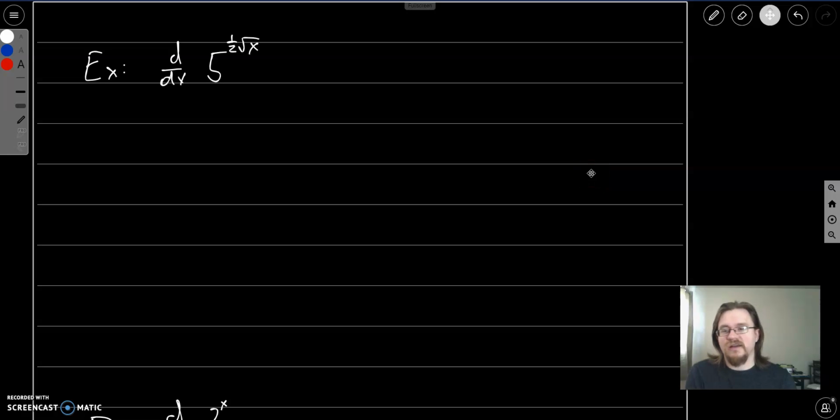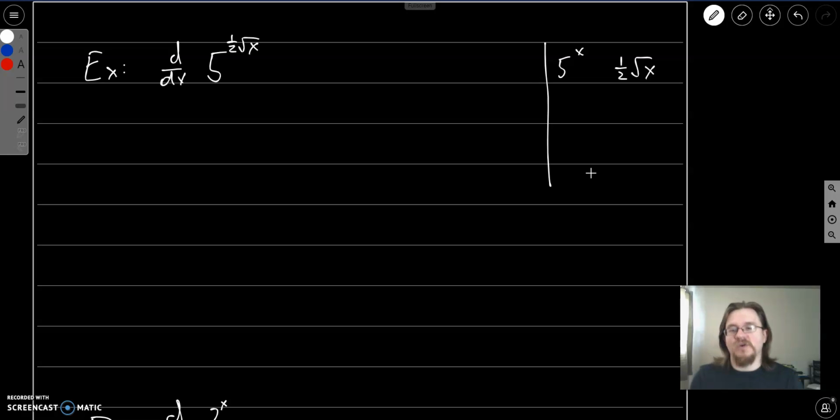Hello and welcome back. Let's continue to look at examples of derivatives of exponential functions. So here we've got 5 to the 1/2 square root of x, and again we can break this down and think about it as a function that is 5 to the x. This is our outside function, the exponential, and then the inside function is going to be 1/2 times the square root of x. So what we'll do is take the derivative of this using the chain